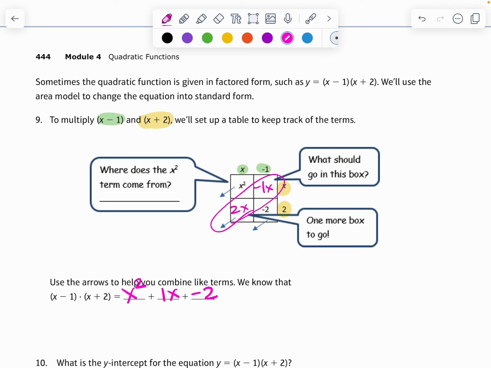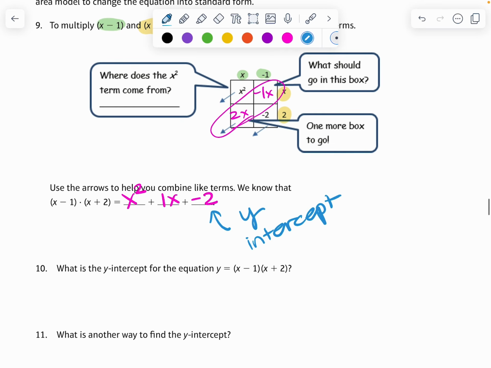And what's helpful about this? What is our C term? That's our y-intercept. Okay. Another way to find y is you could always plug in zeros for x. Yeah. You could take your equation and just plug in zeros. Remember when we set them equal to 0? All right, so what is